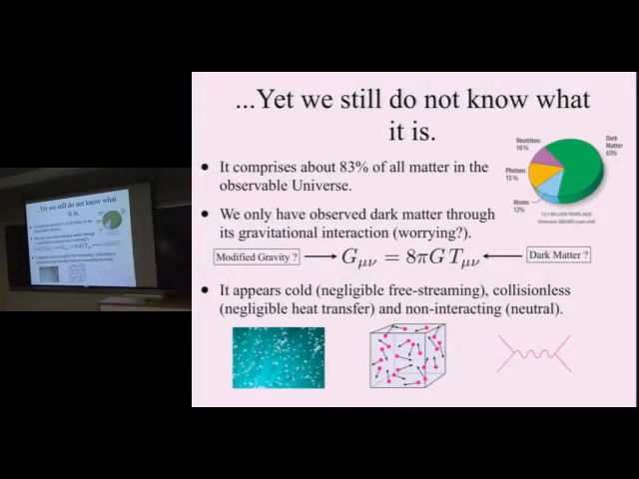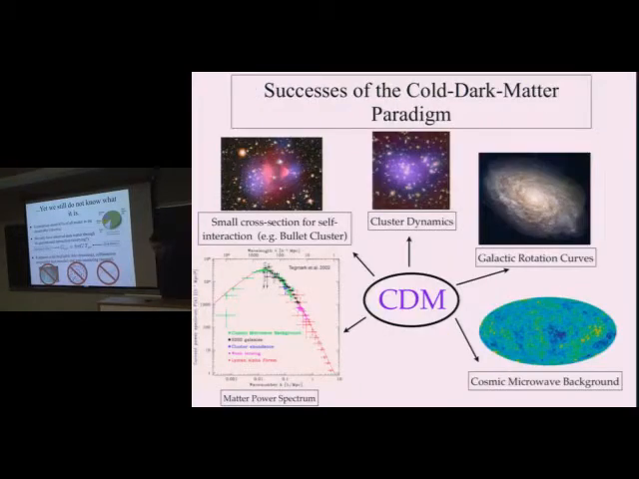Three of the things we know about dark matter: it's cold, so it has negligible free streaming and doesn't move much in the universe, so we don't want this. It's collisionless, so it doesn't transfer heat over a large distance and doesn't thermalize. And it's non-interacting, neutral in the standard model, so it doesn't interact with baryons and photons. These three conditions form what we call the cold dark matter paradigm,